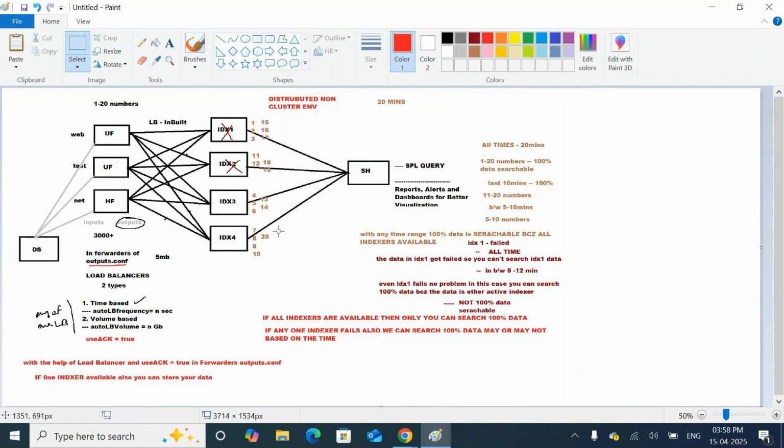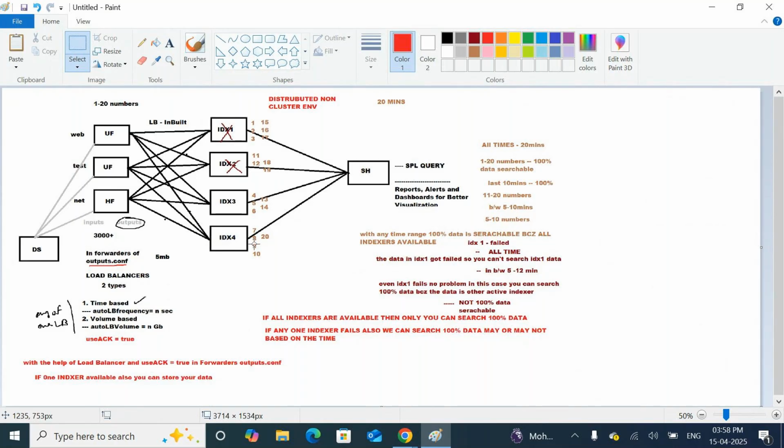Sir, if it is volume based, some data will be stored in indexer one, some in indexer two, some in indexer three, some in indexer four. But to search all the data, all indexers must be available. If any one indexer fails, you can't search the data. That is my concern, whether it is volume based or whatever.